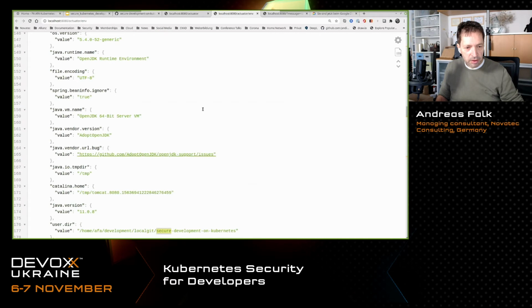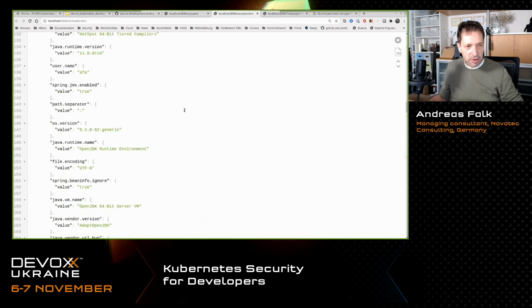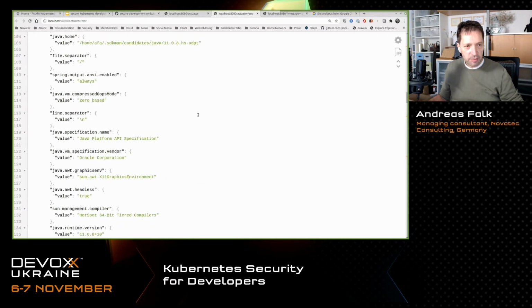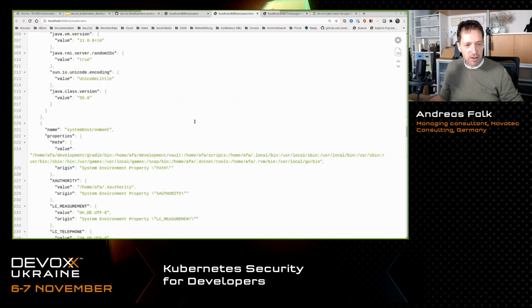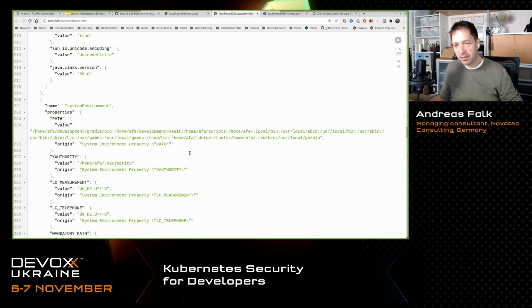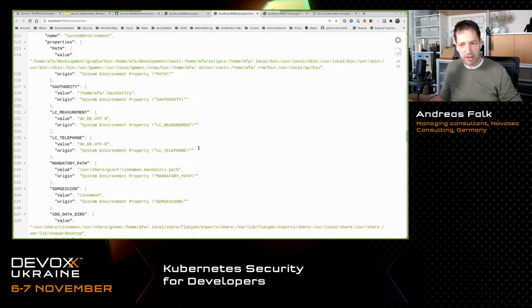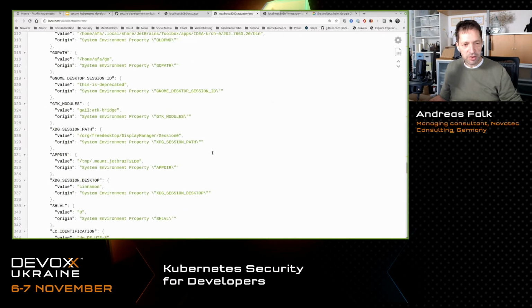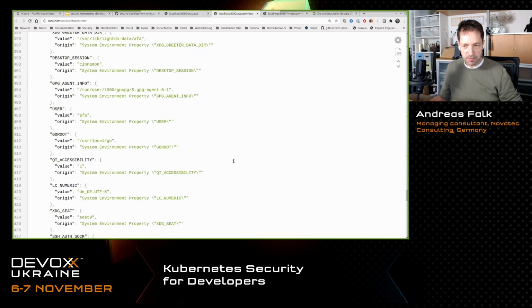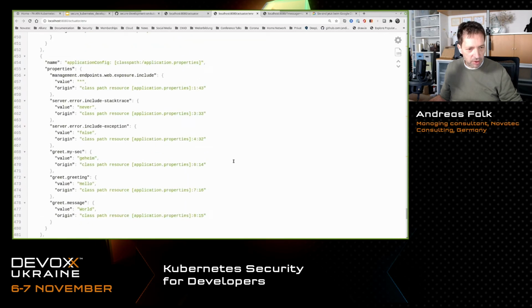As you can see, you have all the values put out here. So you can imagine that if you have some passwords or sensitive data configured as environment variables in your application, then this would also be put out here. I'm just searching for my own.